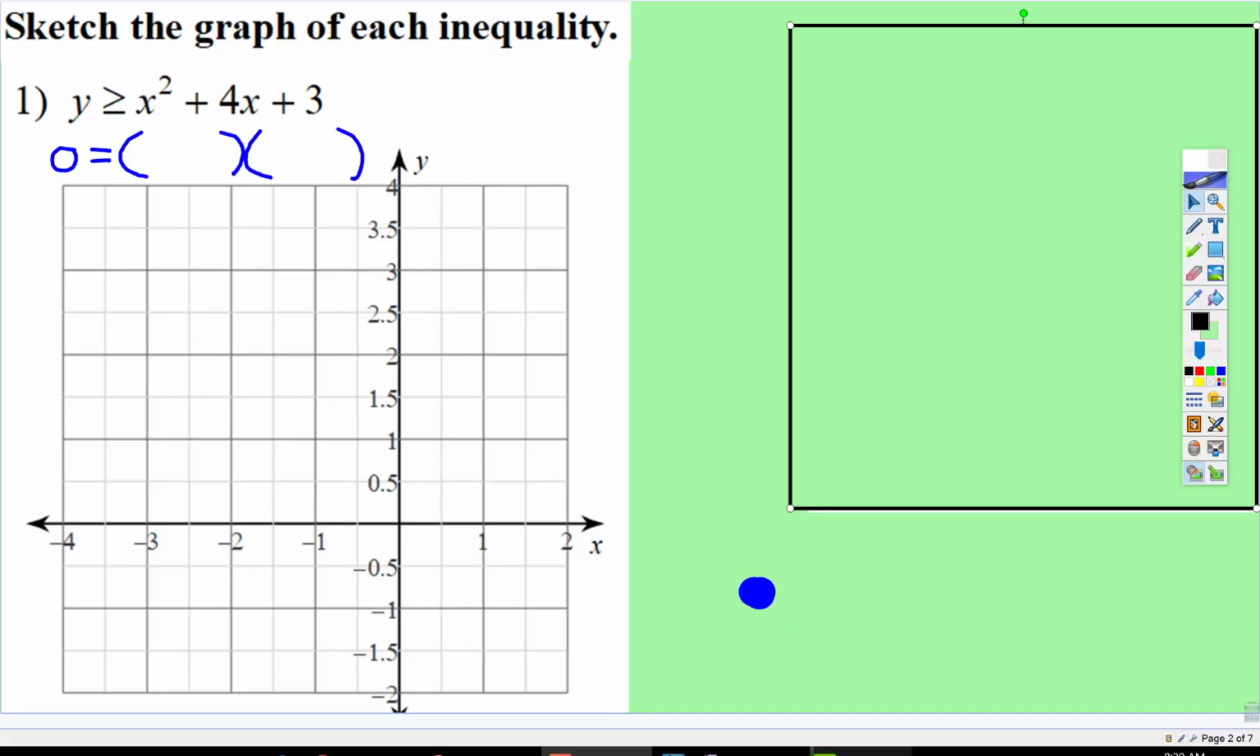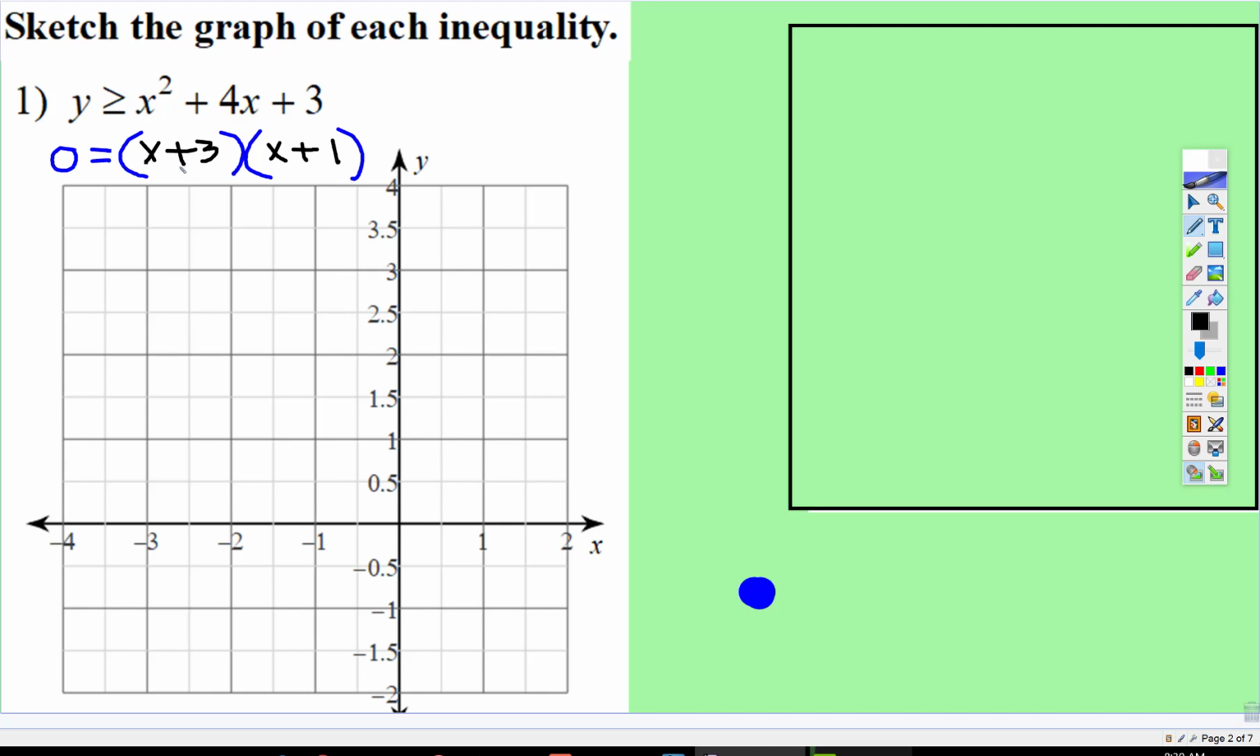Okay, so we're going to do an example of sketching the graph of each inequality. Well, here we have a quadratic, and I notice right away that this one's factorable. The factors of 3 and 1 do add up to 4. So we can go ahead and put x plus 3, x plus 1, and then remember to find